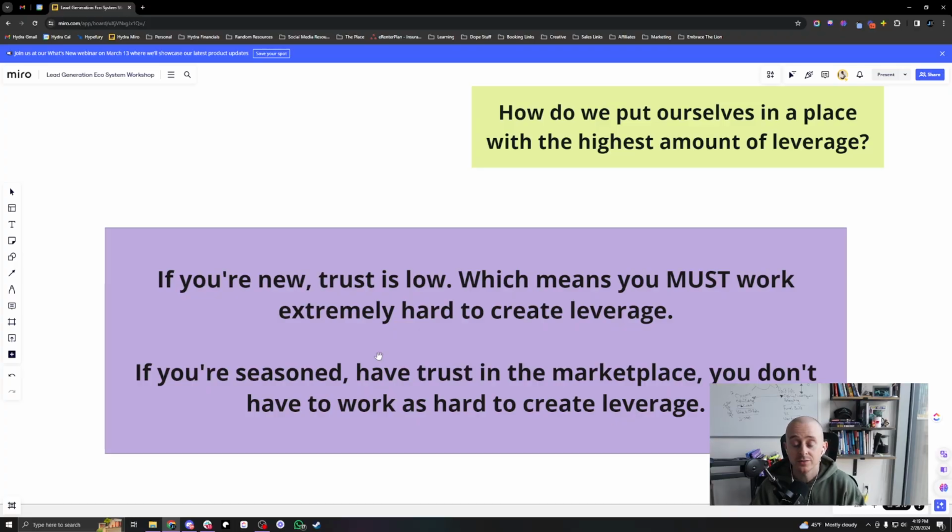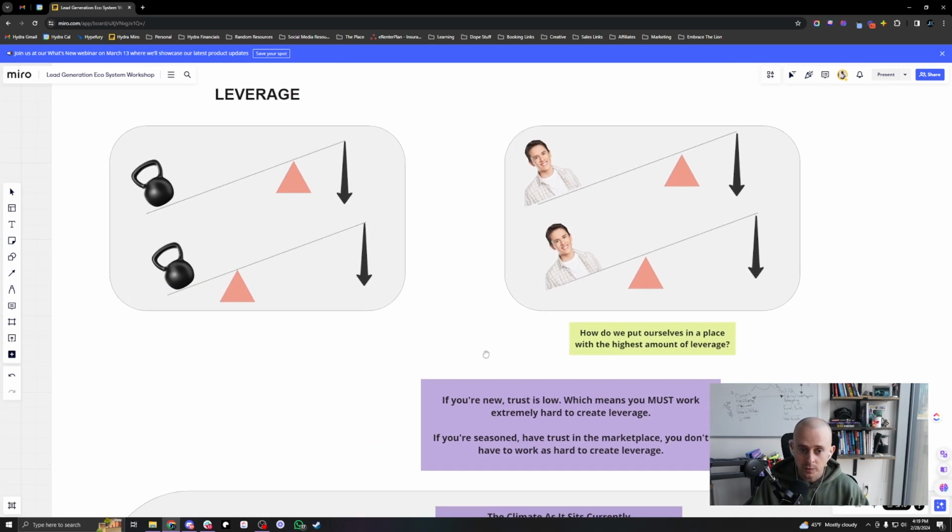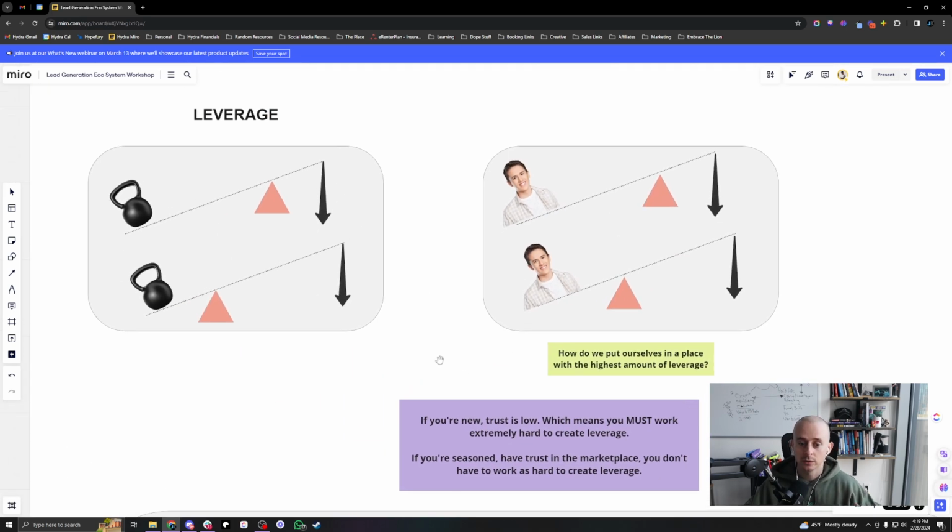But if you're starting brand new, chances are you have zero leverage coming into any sales conversations, even reaching out to people for the first time if you're doing outbound. So I want you guys to keep that in mind, that really lead generation is going to revolve around trust and creating what we call leverage in sales conversations in order to pull a prospect into a conversion.